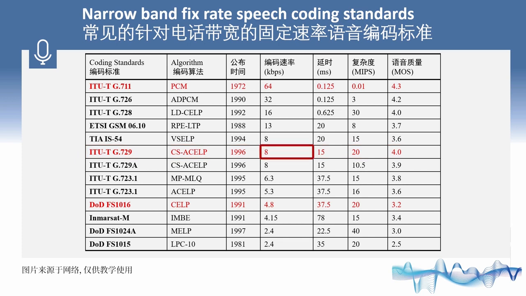The bit rate of G.729 is much lower than that of G.711, while the speech quality of which is similar to G.711. FS1016 CELP is a kind of low bitrate speech codec at 4.8 kilobits per second, proposed by the United States Department of Defense. Here is a sound demo coded with